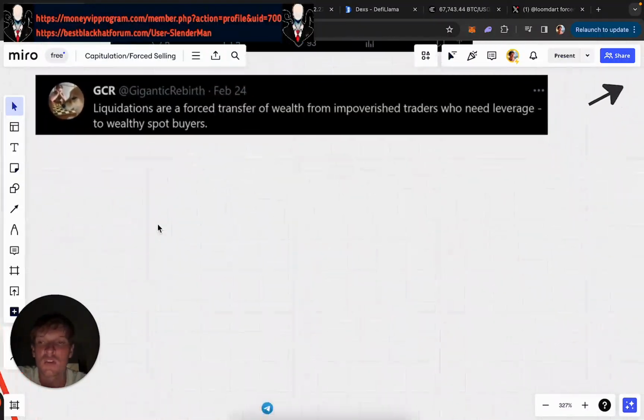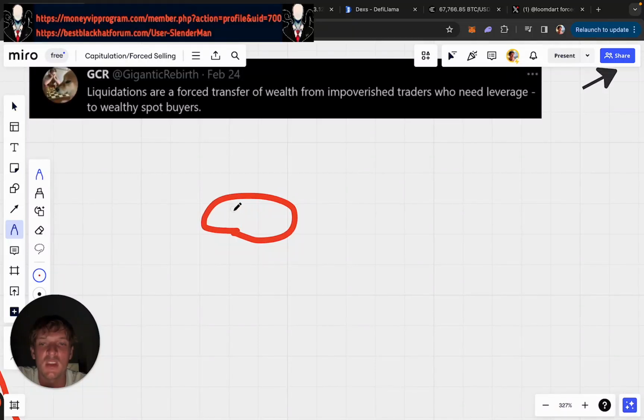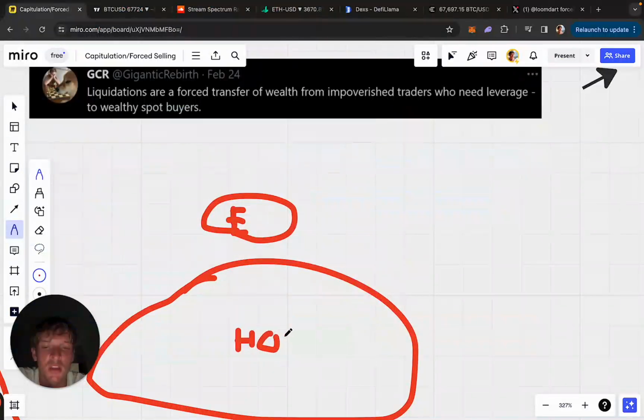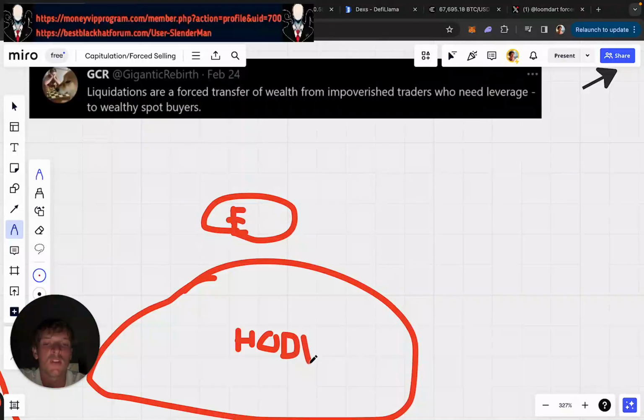Because when you think about it, there's two types of buckets of wealth. There's the exchange money, right? The coins that are on the exchange. And then there's the sort of rest of the coins, right? Which are stored in, they're like a hodl, right? There's like the hodl coins. These ones are not on an exchange. They're in people's wallets. And when a long-term investor buys or sells, they are either increasing or decreasing the size of the trading pool. When a person who is a derivatives trader buys or sells, the pool stays the same, because it is traders selling to other traders, right? This pool stays the same.